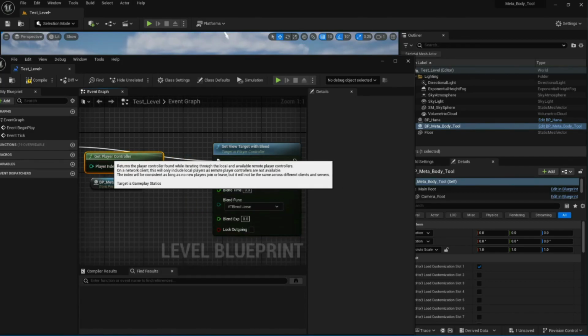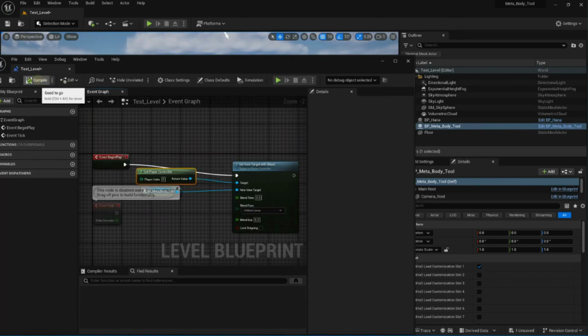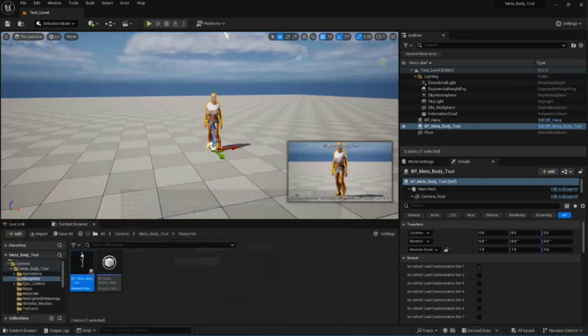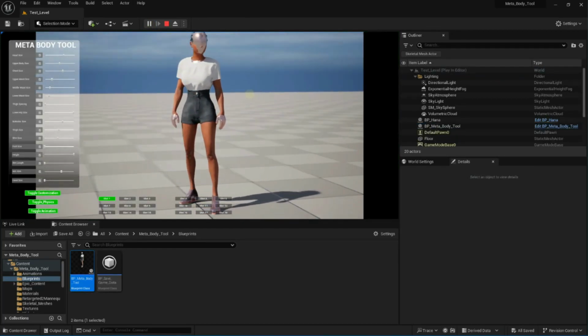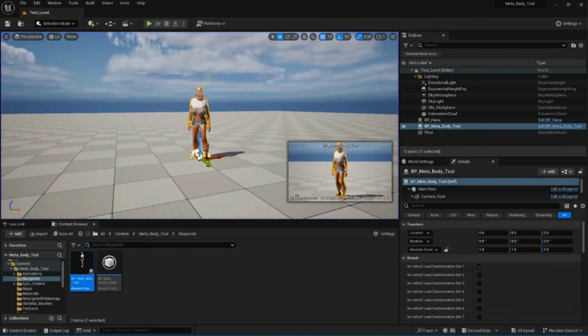What this does is it sets up your camera to use the Meta Body tools camera. Click on compile, click on save, and click on play. Now we're using the Meta Body tools camera. So click on stop,